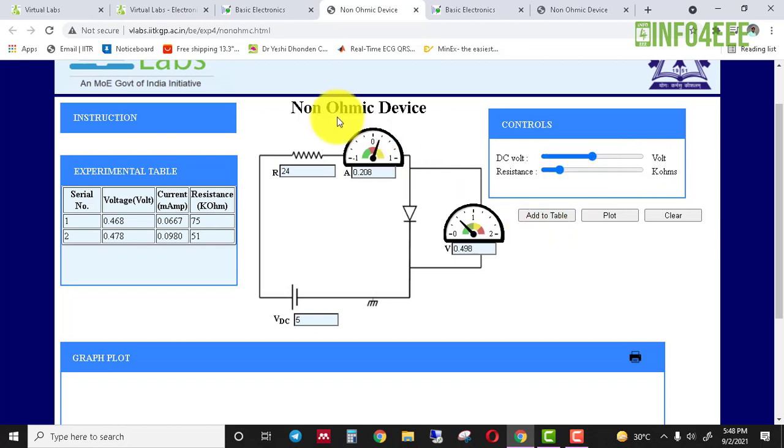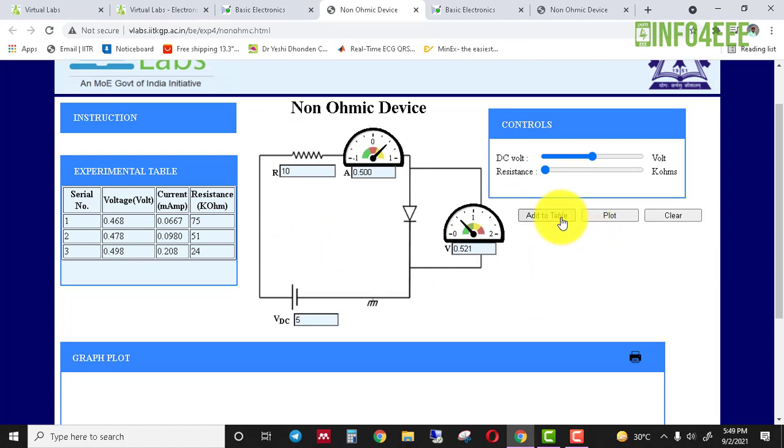Now we set the resistance at 24k and repeat the step for taking the voltage and current values. Click on add to table and you can see that the voltage drop across the diode is 0.498 and the current is 0.208 when the resistance is 24k. Now again decrease the resistance to 10k and take a reading.